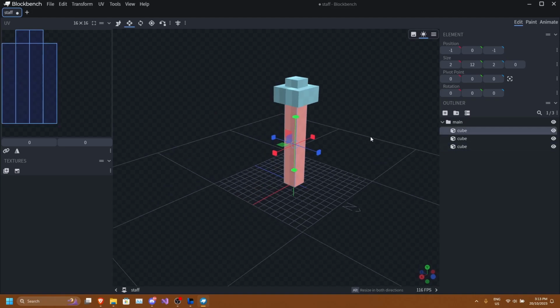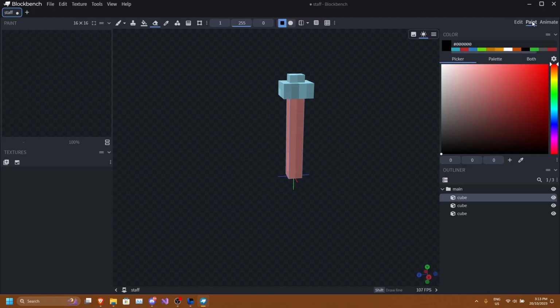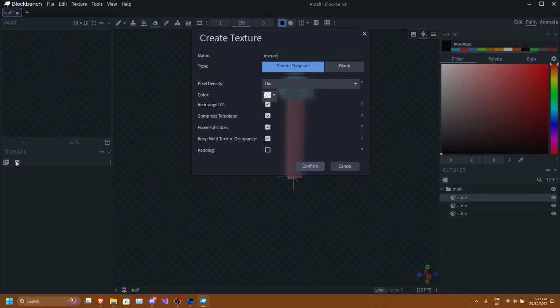So once you are done with modeling, what we need to do is texture the actual model. To do this, all we have to do is click on the Paint tab on the top right. Then on the middle left, the second button from the middle left, you can see that there is a Create Texture button with a plus icon, like an image. So click on Create Texture,